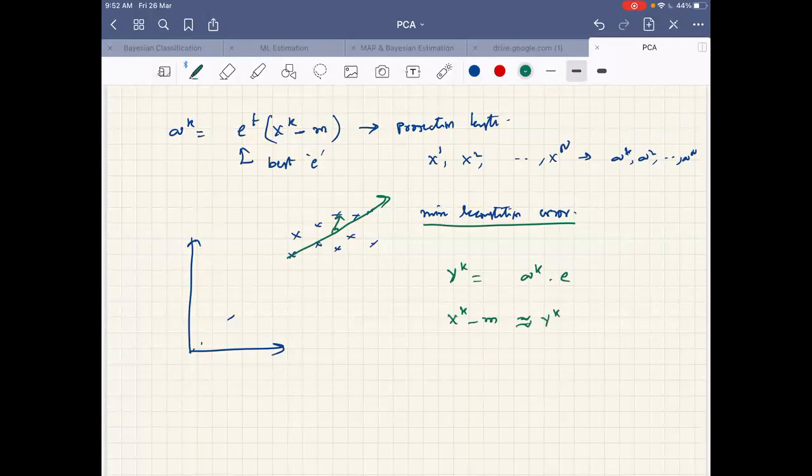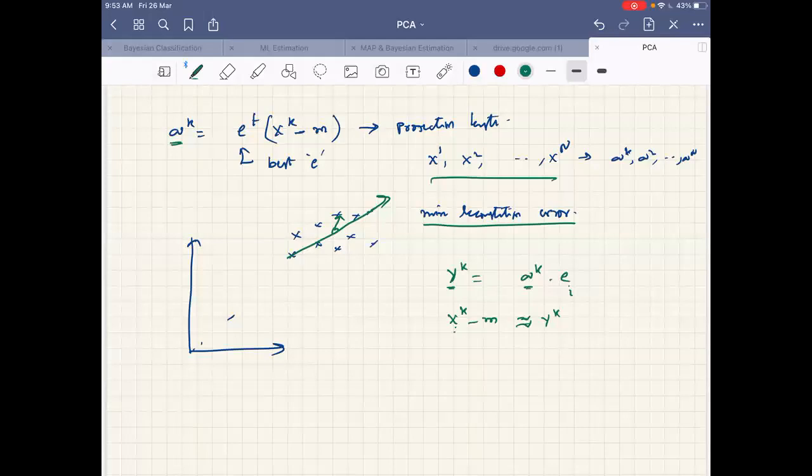What I am trying to do is, here I have written the projection length. Using this projection length, I have back calculated the projected sample in higher dimensions and the error between them. This has to be as small as possible. So in the next class, I will formulate how to minimize this across all samples and get the best direction of E. We formulate the cost function and minimize it to get the best E. Is this clear?